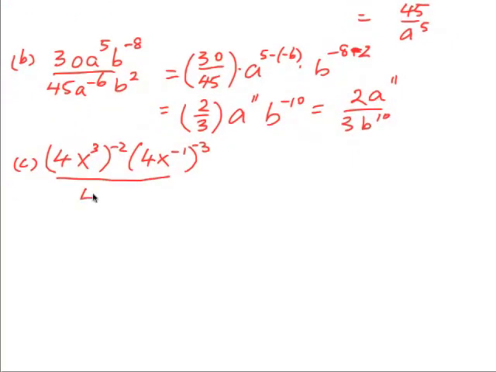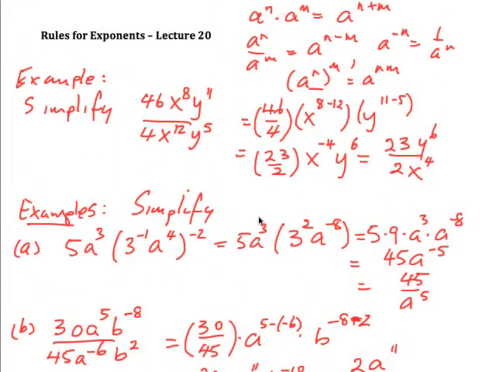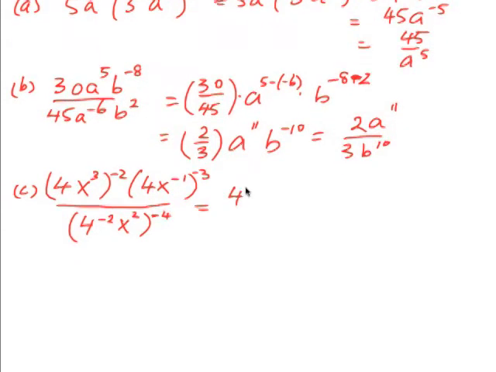And we're dividing this by 4 to the negative 2 by x to the 2, and we're going to have that to the negative 4. Okay, again we apply this rule up here, and we end up with 4 to the negative 2,